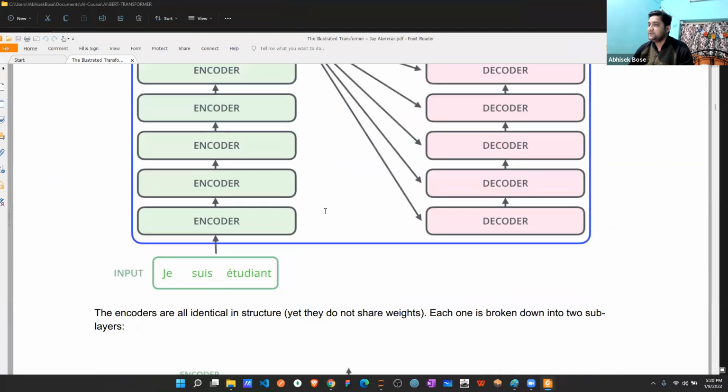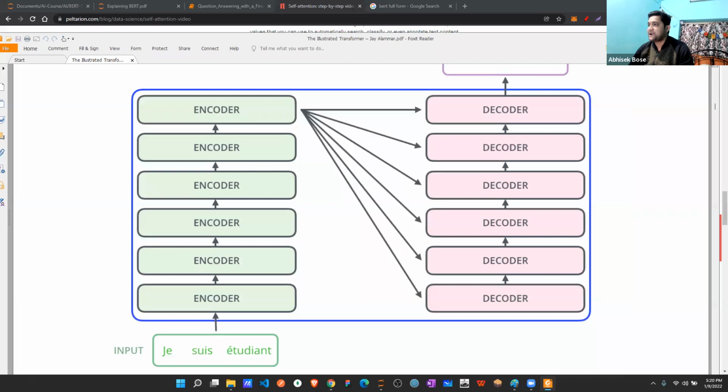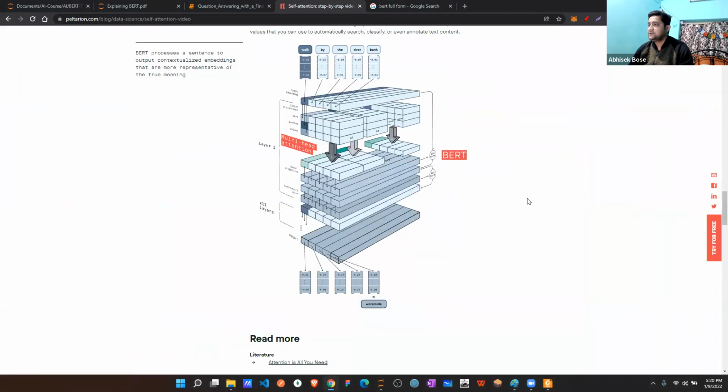We already saw this, let's go back again. I'm just giving a previous review of what we discussed last time. There is an encoder and decoder in NLP, correct? What we are actually using for translation, like Hindi to English, English to Hindi, or English to Bengali.